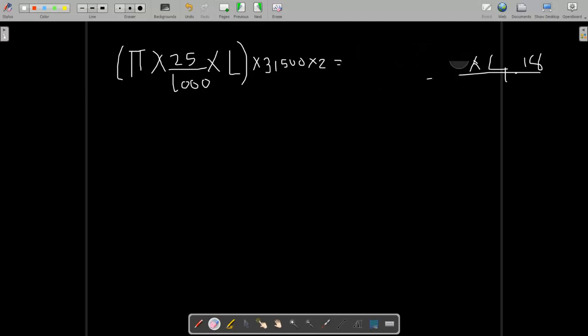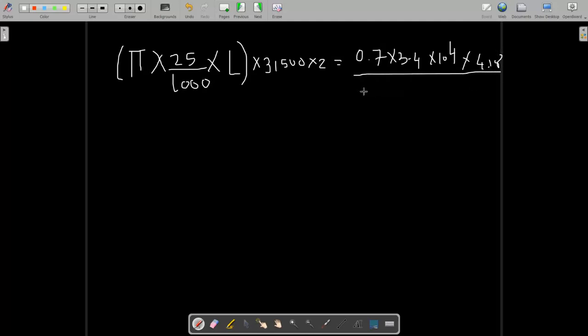actually this is some bad handwriting, so let me write clearly. So it is 0.7 into 3.4 into 10 raised to 4. This is the mass flow rate, and Cp value 4.18 divided by, what is the value of U? 4.707. Okay, so when you put all these values and calculate in your calculator, you will get length is equal to 4.25 meter